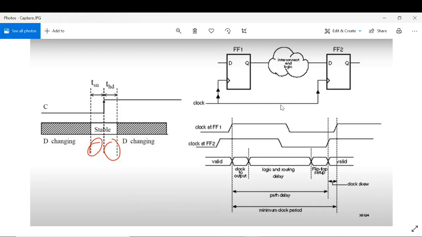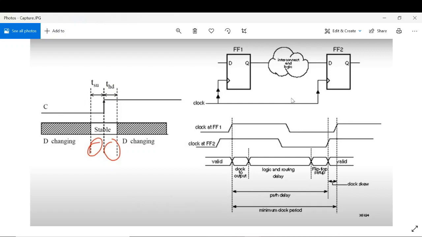So what does it mean by slack? Slack is some margin. Two different things I first need to tell you here: one is the arrival time and the second is the required time. The required time is ideally the clock period plus this skew, right?